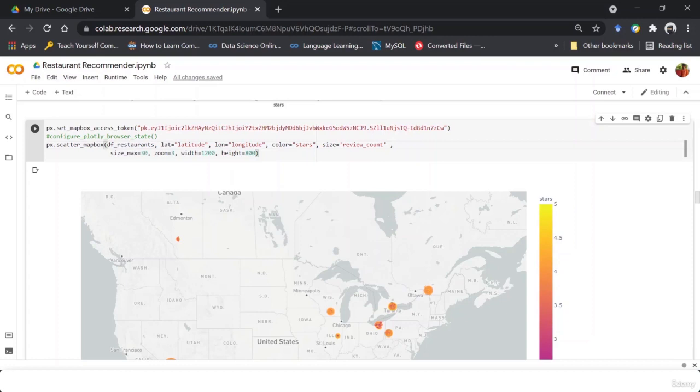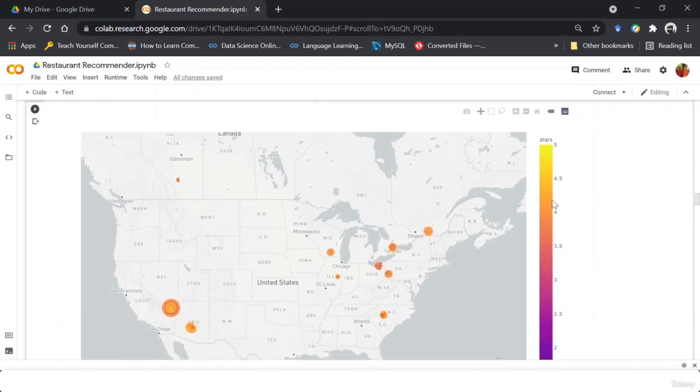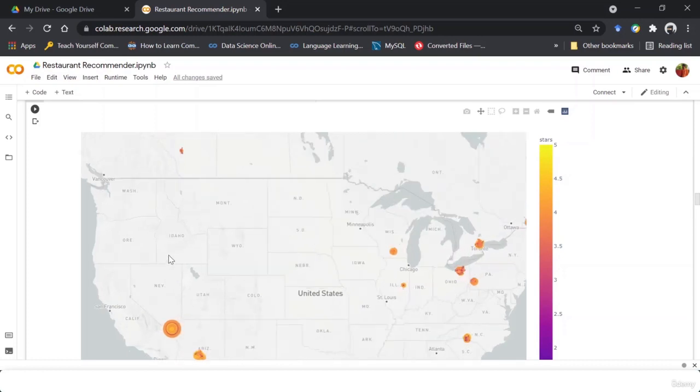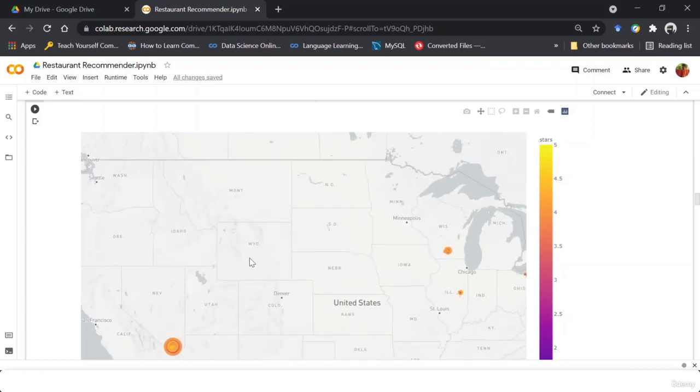Then I am telling it that the latitude column is to be filled in the lat parameter, and the longitude column in the lon parameter. The next parameter is color, which is for stars, and here you can see that the range is 5 to 0, and for each range it has defined some color, and that is depicted here. You can see that if I zoom in, I can zoom in.